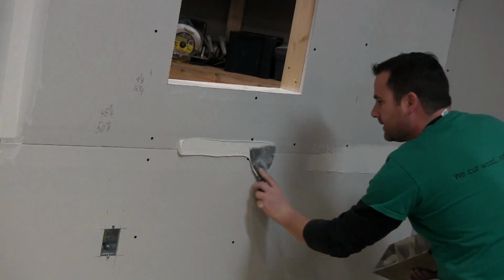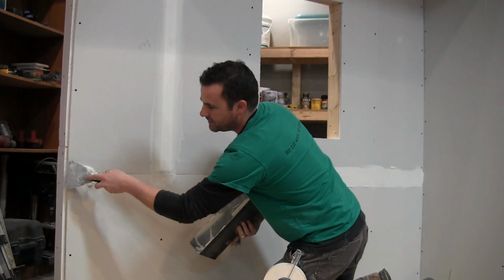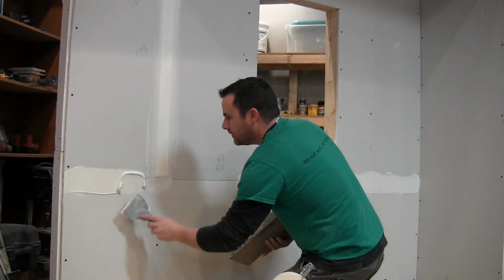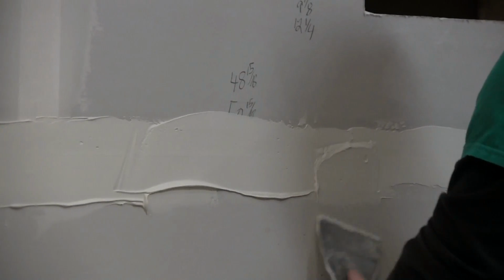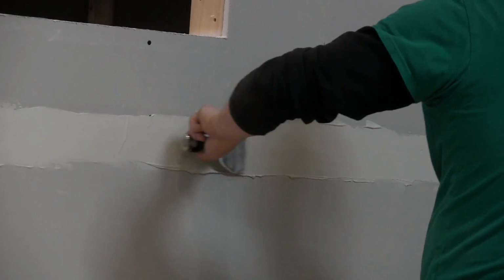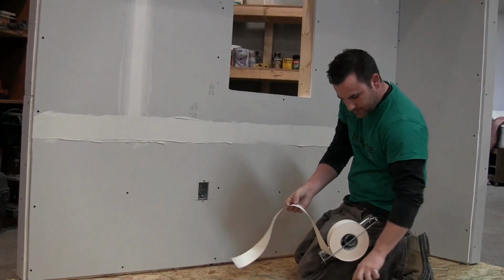So we'll just apply this to the end, so that way when you put your corner beads on, it overlaps that tape. And then I just kind of go over it once again just to kind of even out the mud so it's not all up and down. Okay. Now